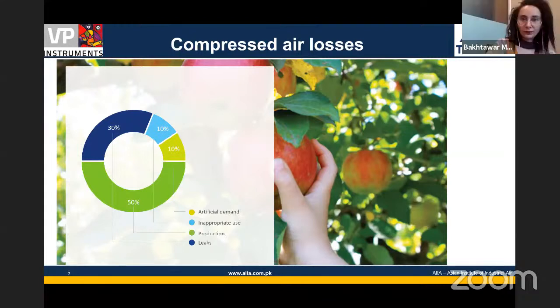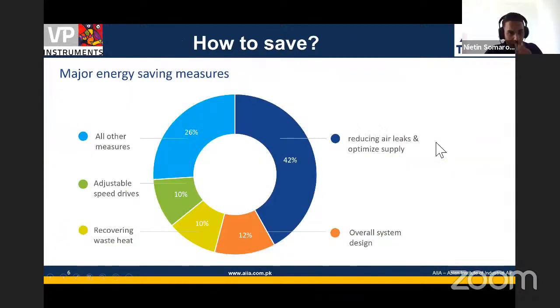So in continuation, the first question: how to reduce the losses in compressed air systems? That's also a very good question. If you take a closer look at how you can save, first of all, you can look into overall system design, meaning you can change the piping to have less friction, so there is less pressure drop. However, the total cost of changing your piping is very high, so the return on investment is very long. You can also look at recovering waste heat, or implementing adjustable speed drives, or all other kinds of measures. However, the biggest and easiest way to save energy on a compressed air system is reducing air leaks and